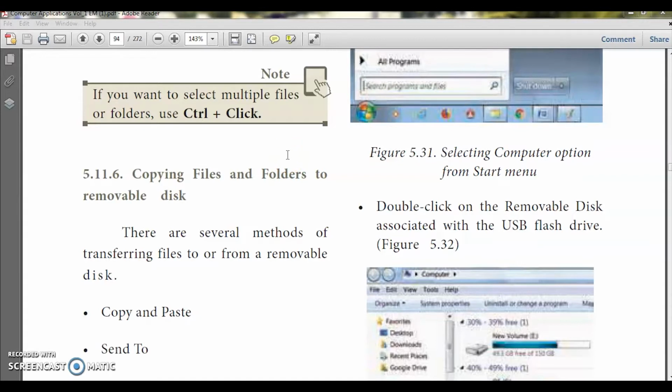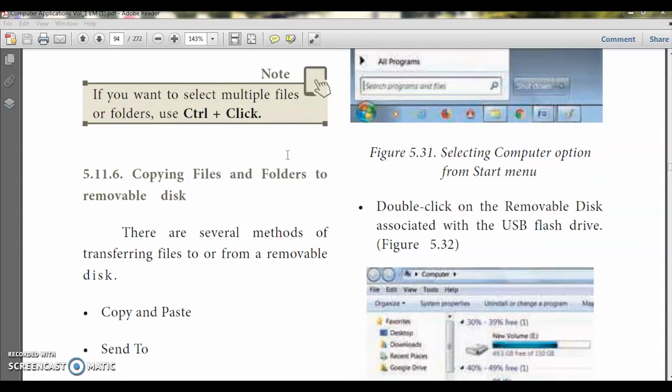I think you know the shortcut keys: for cut it is Ctrl X, for copy it is Ctrl plus C, and for paste it is Ctrl plus V. We also saw how to rename a folder and how to search a folder. We can search either in a particular drive or from the start menu, or from Run. In that also you can search the files or folders you want. So till this we have seen in the last video.